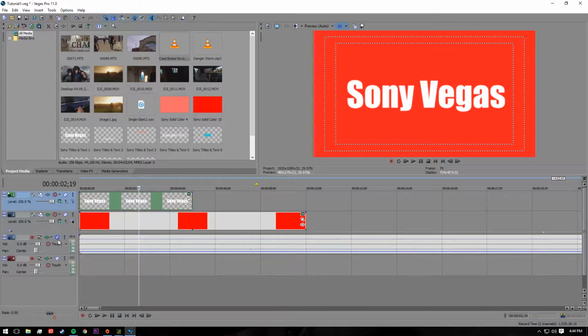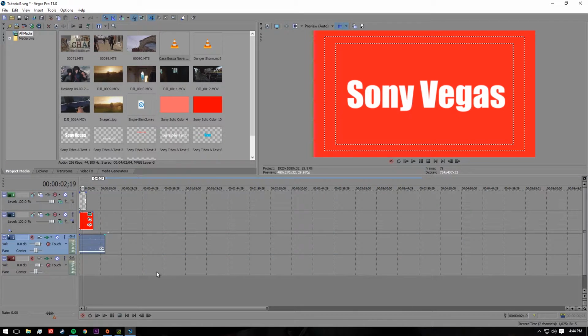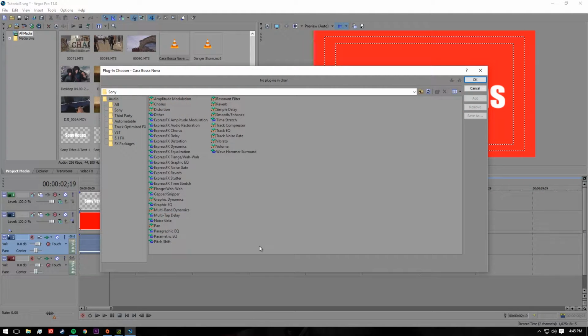So there's that audio track. Now if we want to adjust any settings in the audio for the entire audio track, so let's say that this is the only thing going to be playing through the entire video, that's when this is acceptable. Because once you adjust these settings, it's going to adjust it for every bit of audio that hits this area. Like I said in the last video, if you want to adjust an individual piece of audio, text, or video file, then you would press your effects button there. Moving on from that,